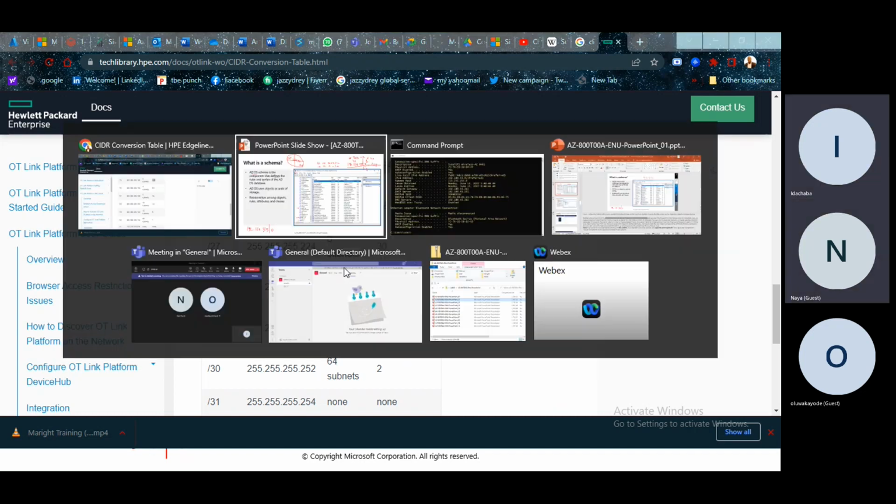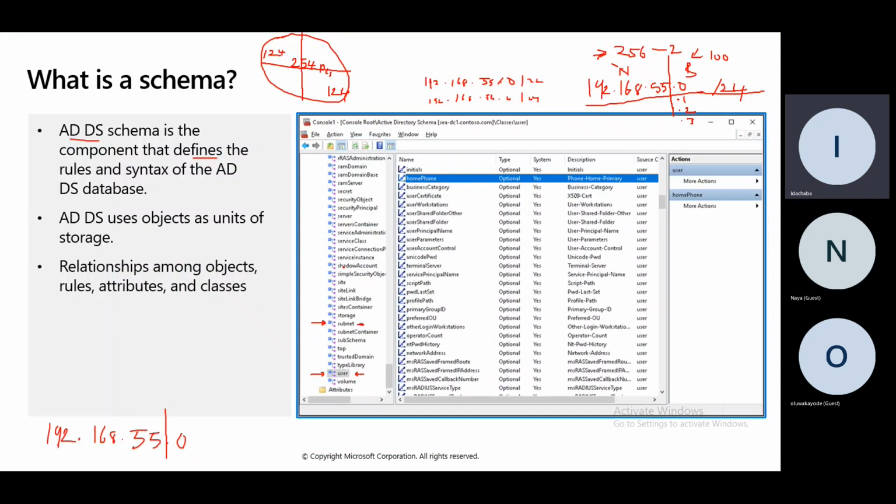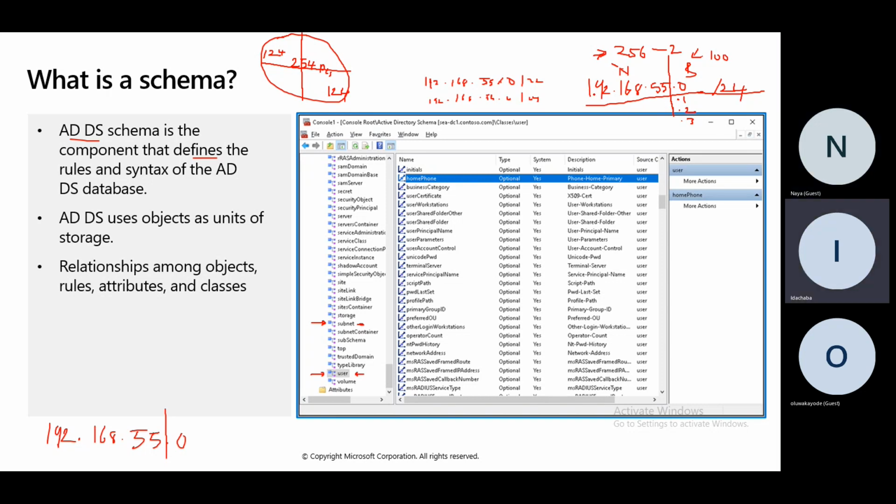So what you need to understand now is subnet. If this is the whole of your network within a company, and this is the network name, 192.168.55.0/24. It will always have /24 because what class is this one? 192.168, what class is it? It's IP address class C. Yes. Class C, sir.